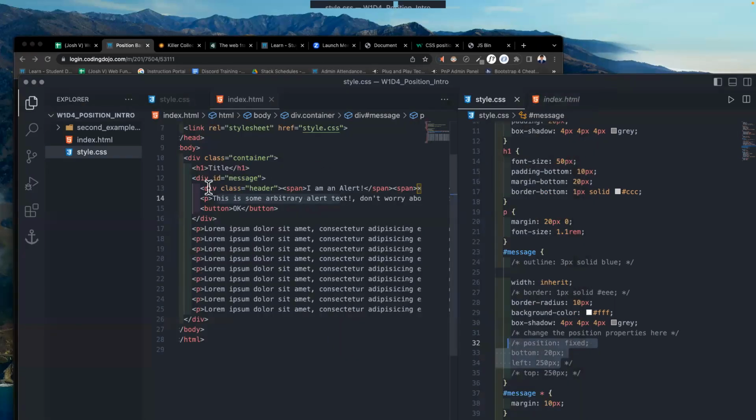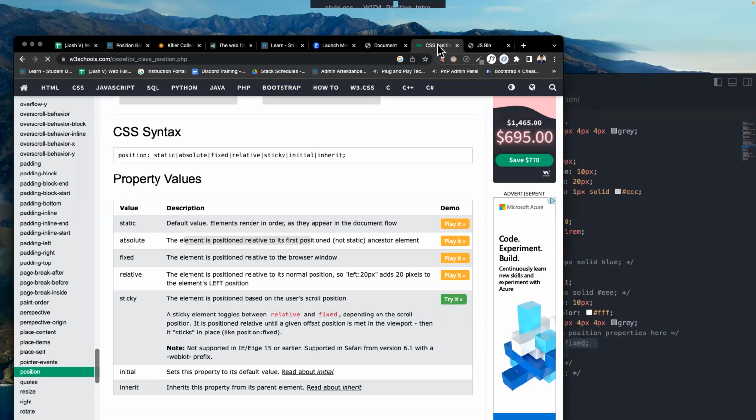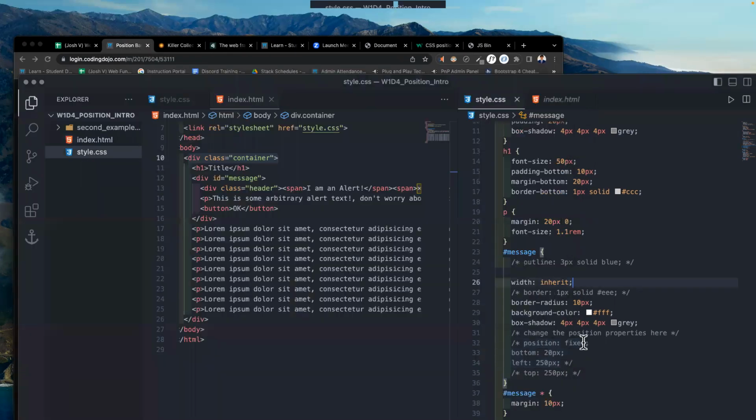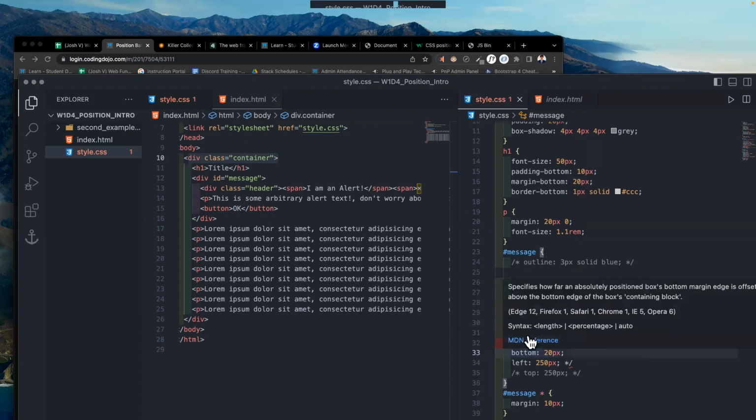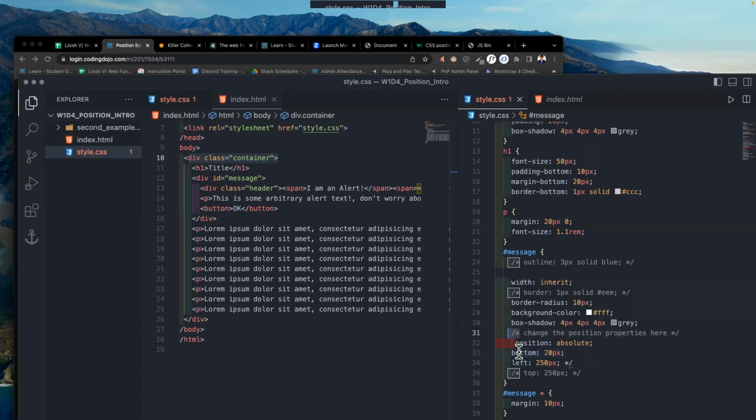So who's the ancestor of this div that says message? The ancestor would be this container, so it's going to move relative to that container. Let's see that in action. We'll say to this message, position absolute. Okay, so if we say position absolute,